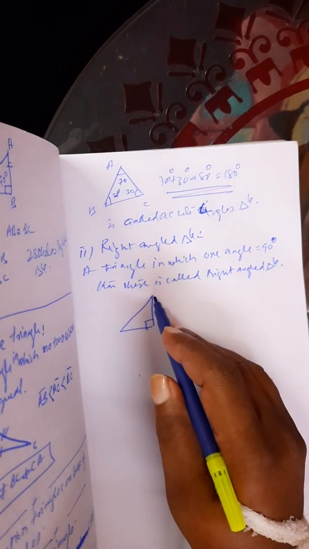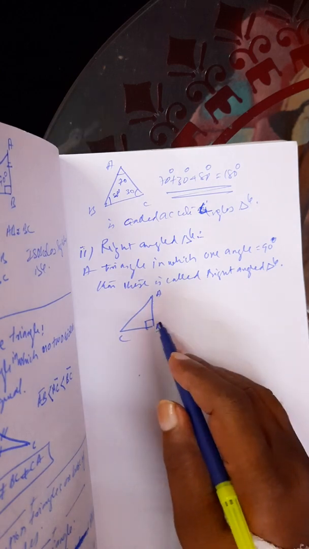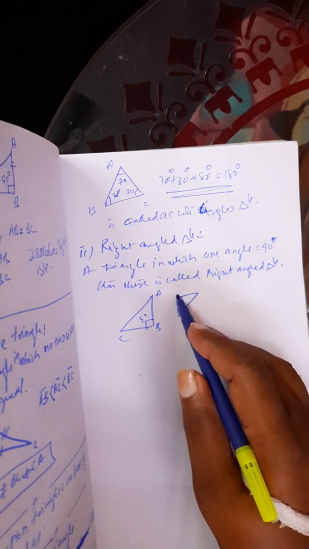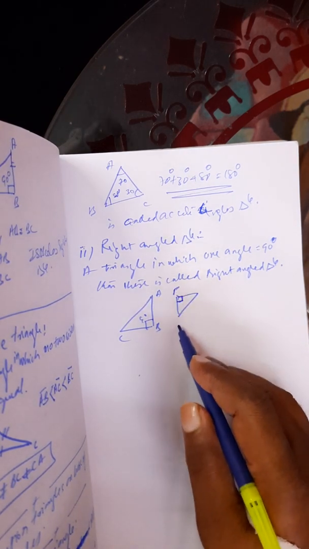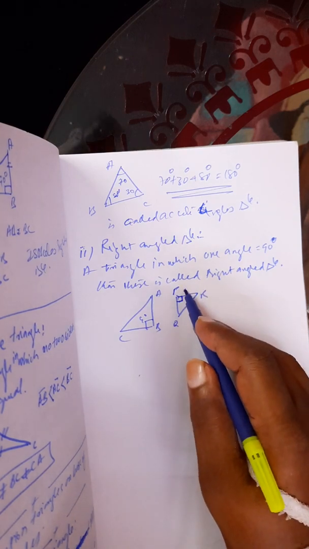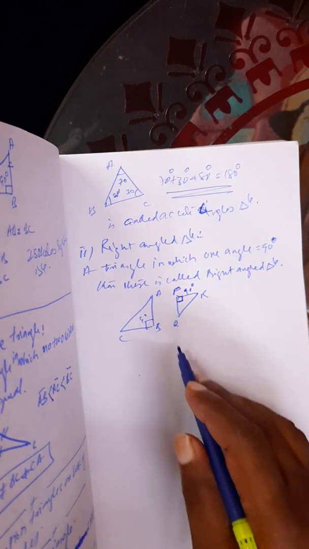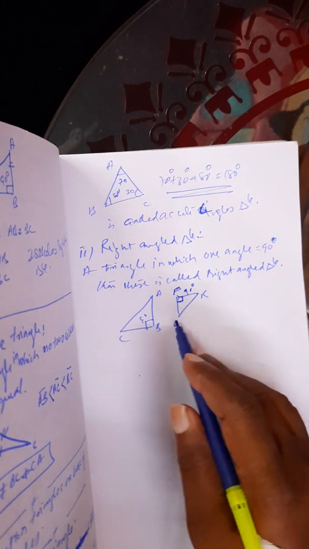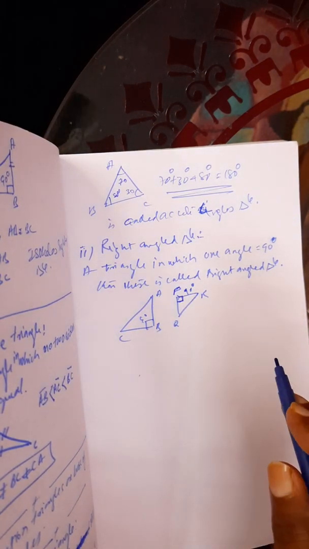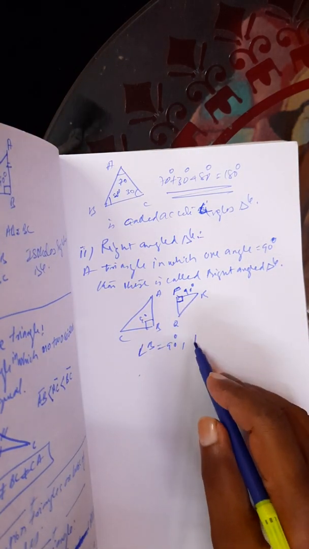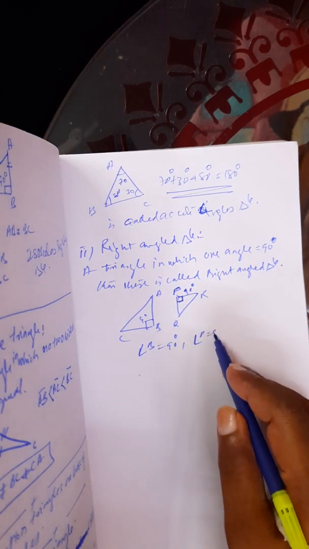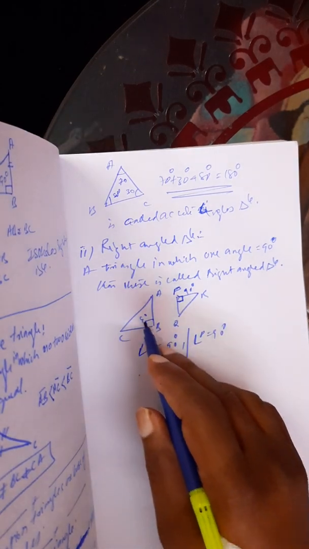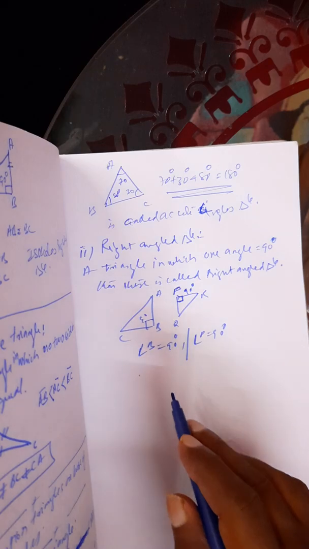So this is 90, A, B, C. This is 90 degrees, and this is the representation of 90. P, Q, R, one here 90 degrees. Only one angle can be 90. If you take two 90s, the third one will not meet, so it is not a triangle. Or B equal to 90, or P equal to 90. Any only one angle is 90 in a triangle, so that is called a right angle triangle.